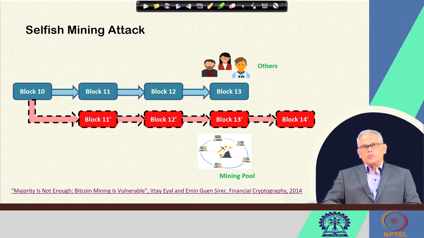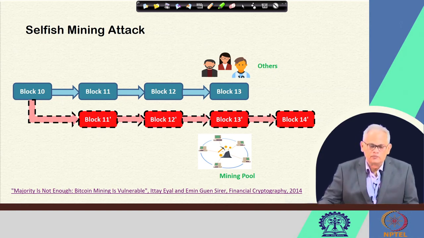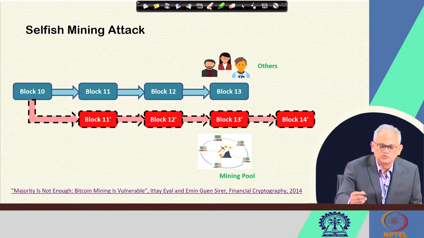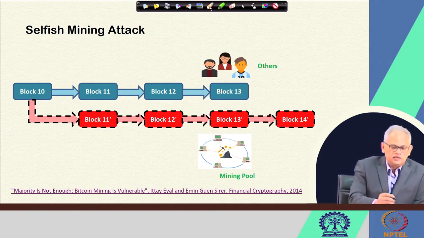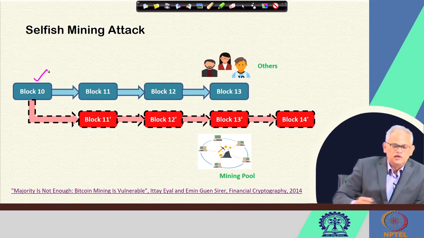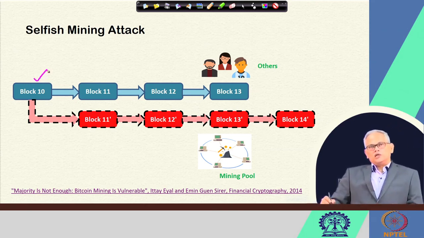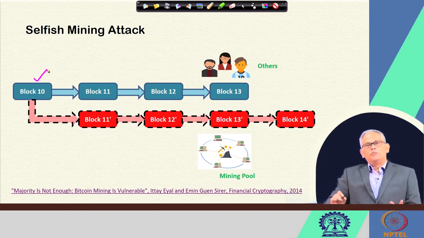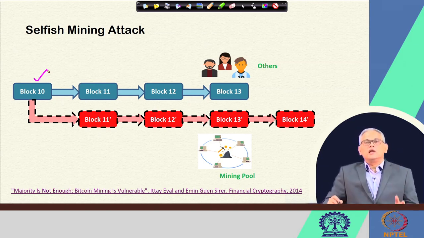So, coming back to the slides, let me first tell you what this attack is all about, what the attacker does. Let us assume here that we have a particular status of the chain and say initially we start with block number 10, which was a public block, everybody knew about it, that this is the latest block. And when I say everybody, we mean that there are these people like others we have shown on the top, and they are the people who are honest users, they are possibly miners, they might also be pooling in their resources to mine the blocks.